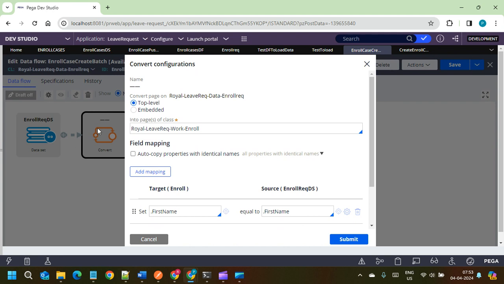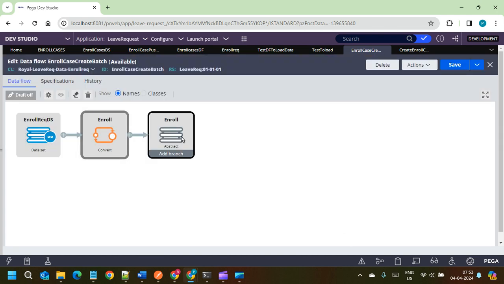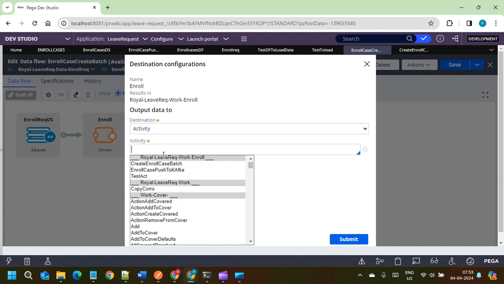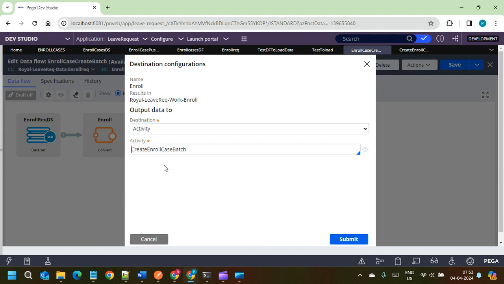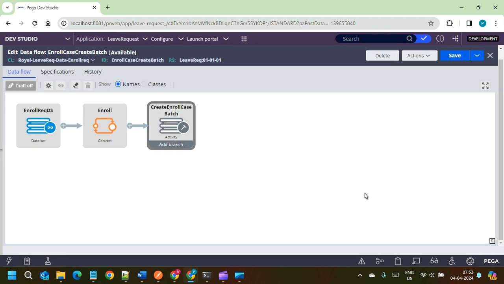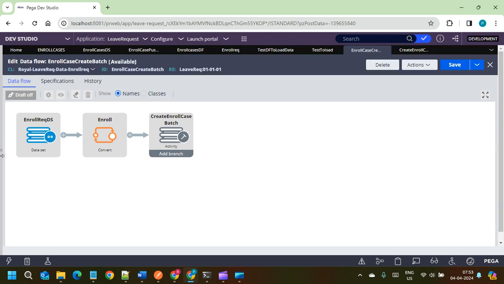So we are converting the data class to the work class, submit, and the record will come here. Here we can run the activity. So here the activity is create enroll case batch. It is taking this class. Okay, submit, save it. We are ready with the data flow to read the records from the data table, 50,000